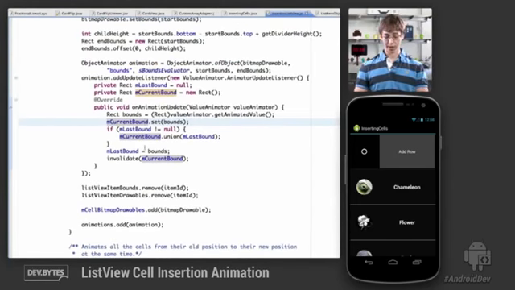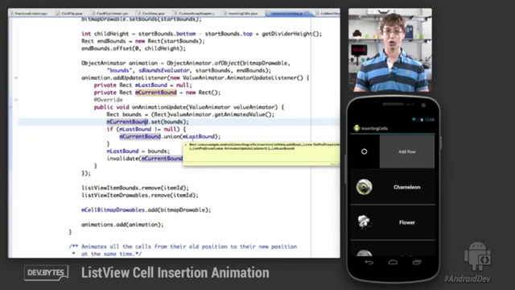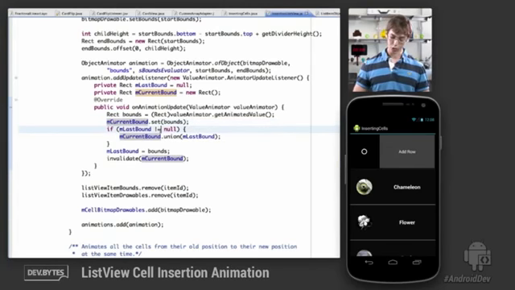Since I'm animating the bounds, it's important to know that every single time the bounds are changed, I need to invalidate my view in order for that portion of the list view to get updated. And in order to make that a little more efficient,